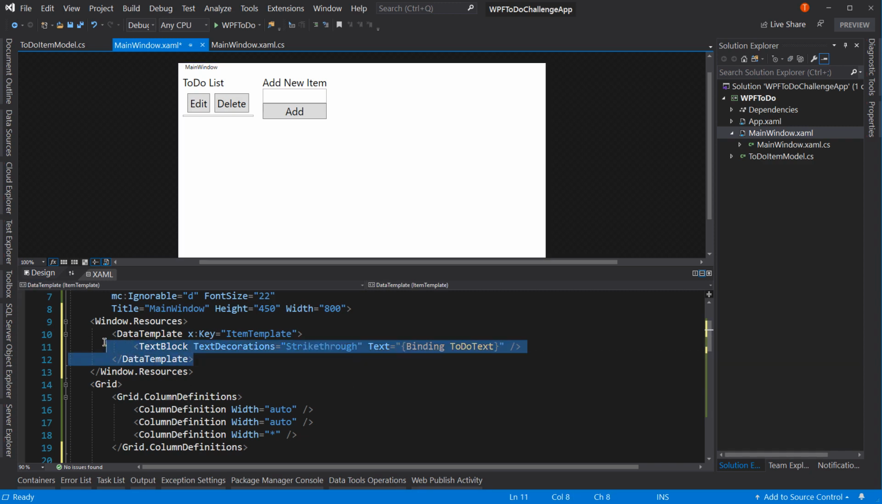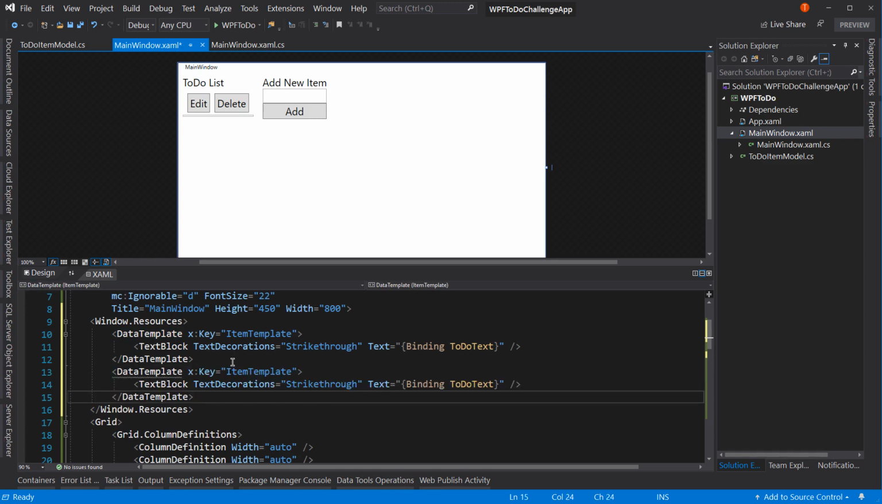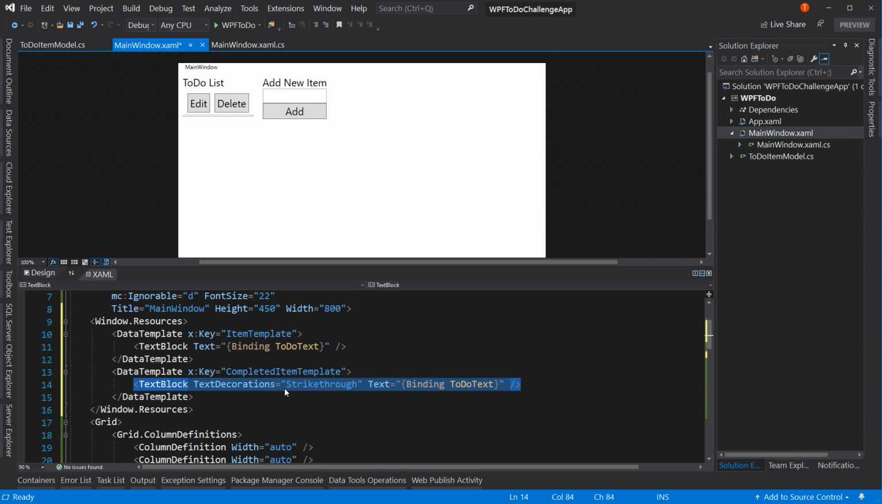So this is the normal one. I'm going to copy and paste this. And this one is going to be the completed item template. And so we're going to have the strike through on this one, but not on this one. So that's the difference. We're going to have a data template that has our bindings inside, our text block, how we want to set it up, but this one has the strike through, this one does not. So if item template,